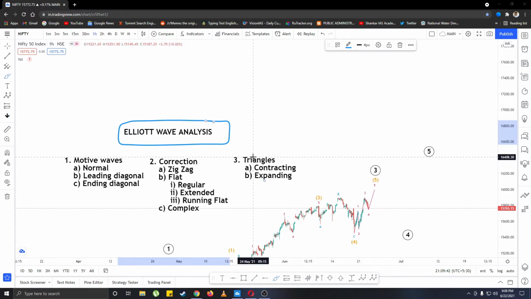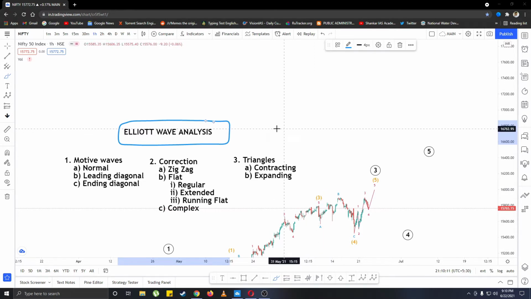Before starting, I should tell you that this is a complex topic, and if you don't have a basic understanding of charts, you should watch some other video to get that understanding before watching this one. It can take a very long time to become perfect at this. I myself will not consider myself an expert, only a learner.